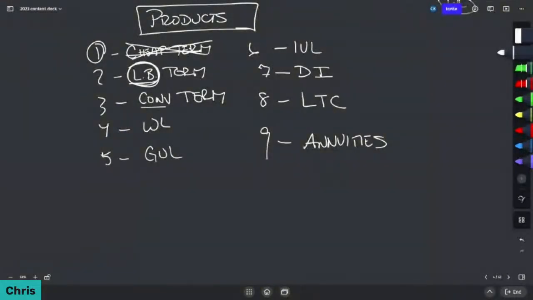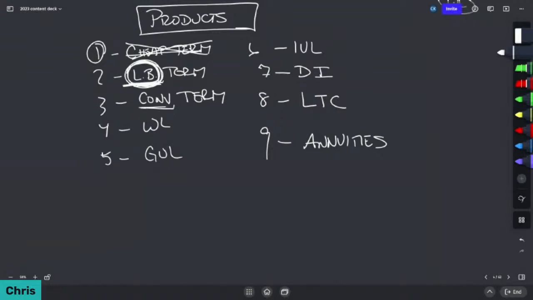For me, I didn't used to prioritize living benefits because I never had anything close to home that hit me personally. And I'll tell you right now, it's powerful when living benefits have the ability to change your family's life, which they have for us. It has you focus on it a little bit more. So living benefits term is really important.